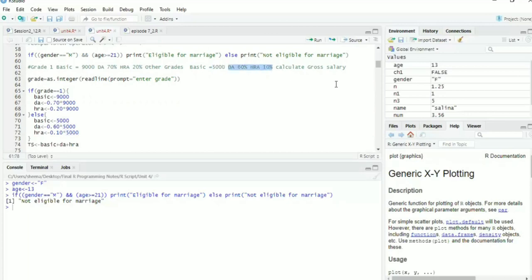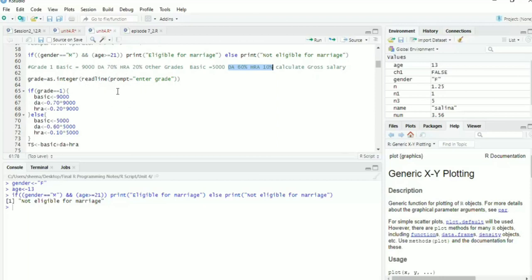And in this we have to calculate the gross pay. The formula of the gross pay here is basic pay plus DA plus HRA. This is an assumption, not based on any company salary rule, just an assumption to teach you the program.